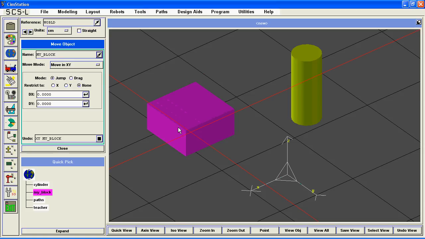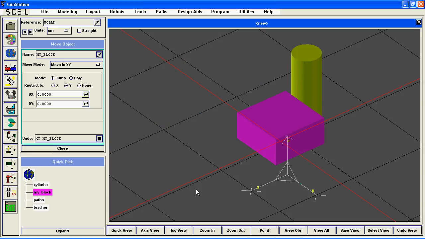in the XY plane. If we select Jump, then when we click, it shows where we're going to jump to. We can restrict the motion to be just in the X direction. So even if we give it commands in the Y, it ignores those, it just uses the X. And then conversely, if we select restriction of motion to the Y, then we can do that, or None resets it to none. We can also put in exact increments into the delta X and delta Y fields,